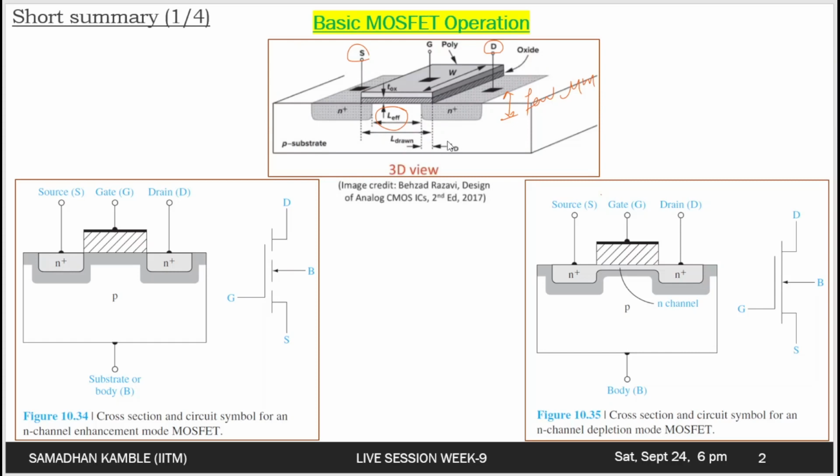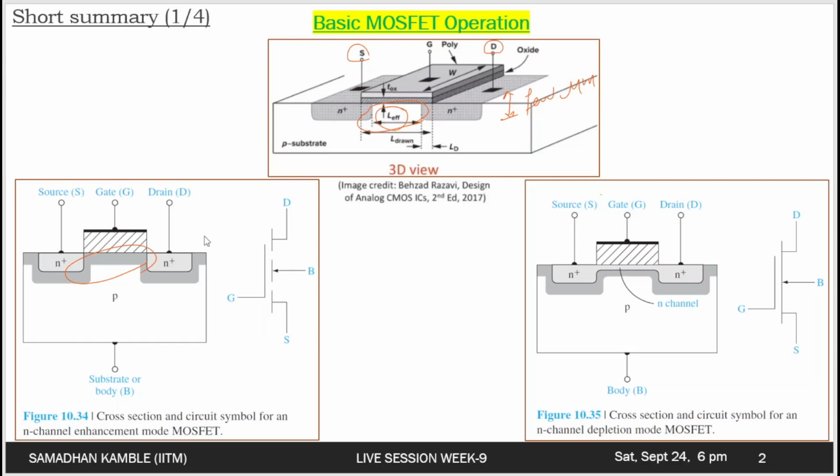But how it actually operates is the main question that we try to answer in this particular week. So the current in a MOSFET is basically due to the flow of charge in the inversion layer or the channel region adjacent to the oxide and semiconductor interface. This region is the crucial region for the MOSFET